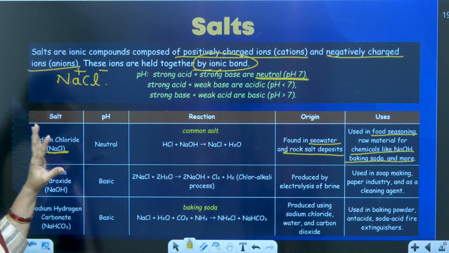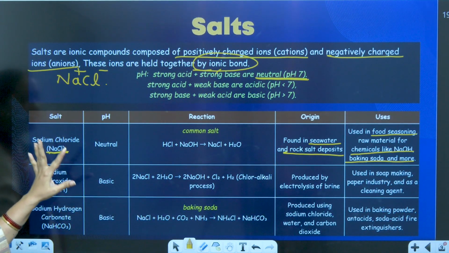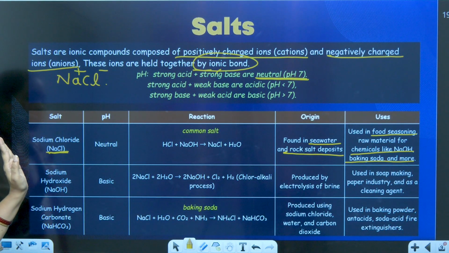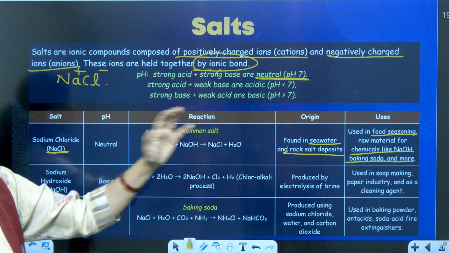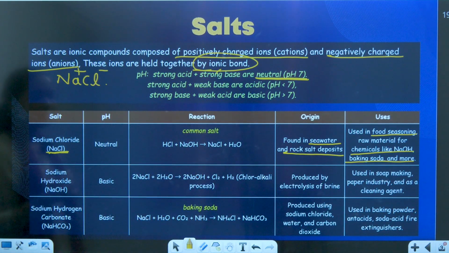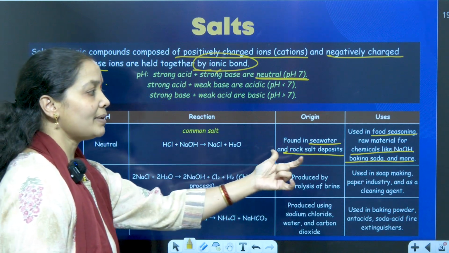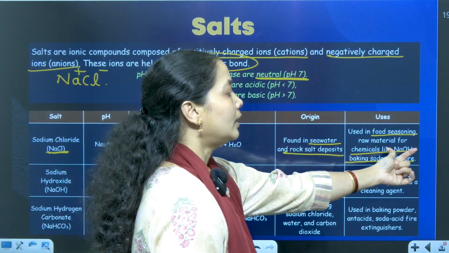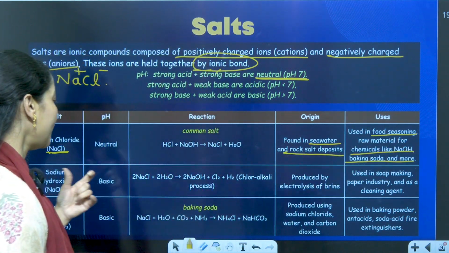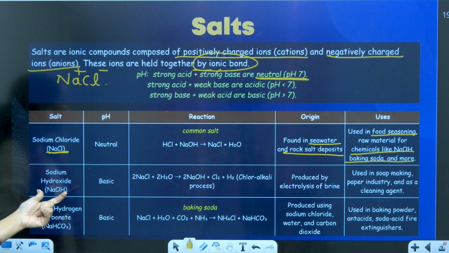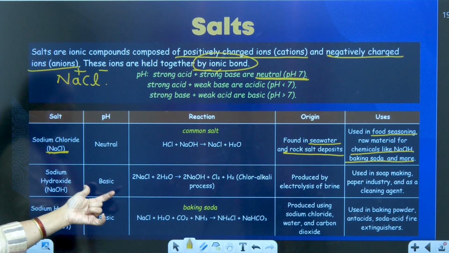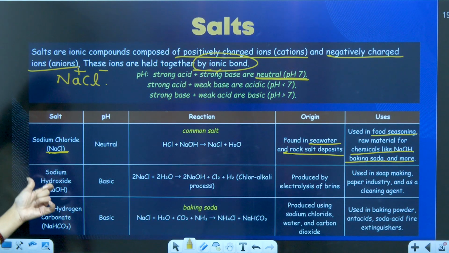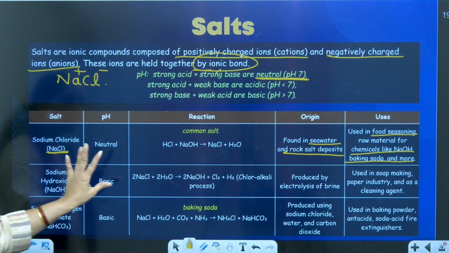Alright. So the first salt that we have to learn is NaCl. The important tabulation is finally done by us. You can just pause the video or take a screenshot. Second is sodium hydroxide. I told you NaCl is majorly used to produce sodium hydroxide. So when sodium hydroxide is there, the chemical formula will be NaOH. It's basic in nature because it is having a strong base and a weak acid. It is basic in nature.